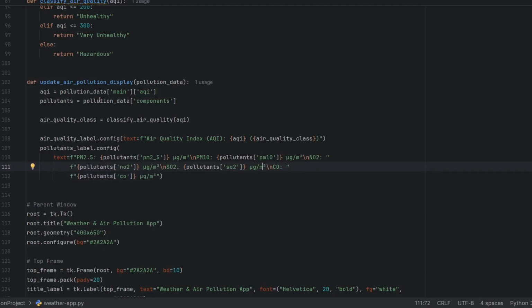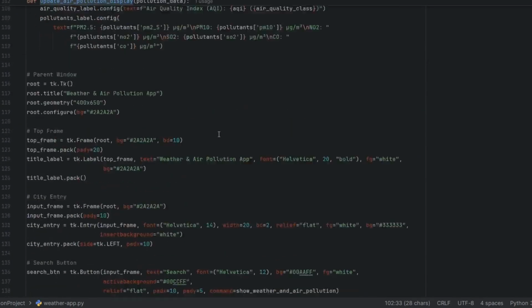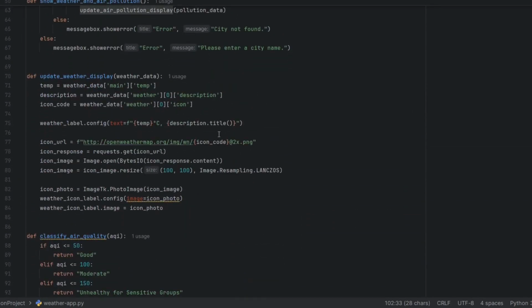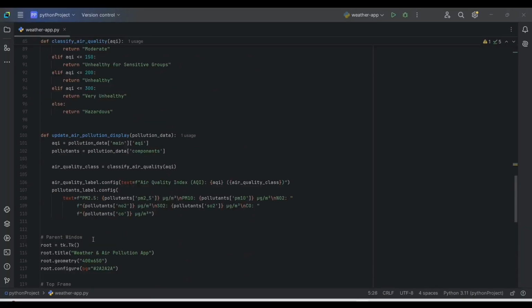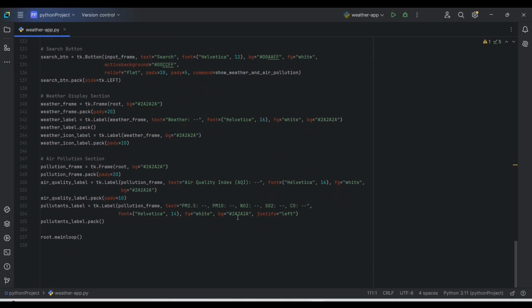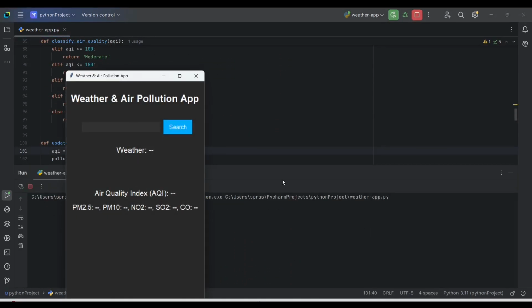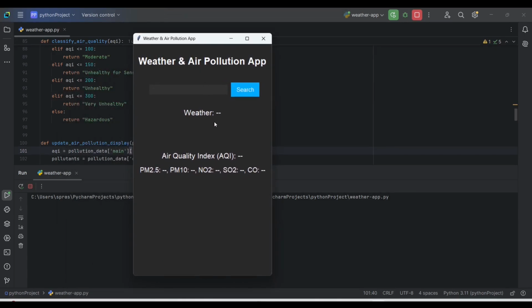And now we are done with our update pollution display, and it looks like we are about done with our code. So what we can do is try to run this. Alright, so now let's run this application. So it looks good, we didn't get any error. Now let's see if the API is working fine. So I'll do Noida search,